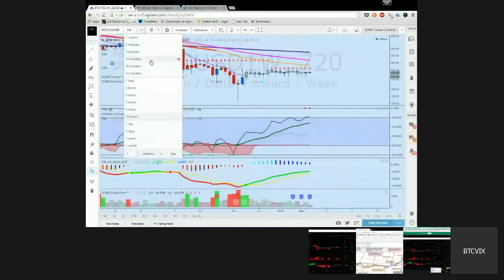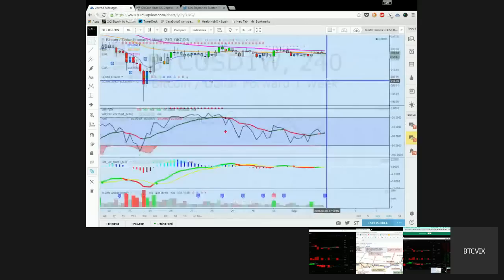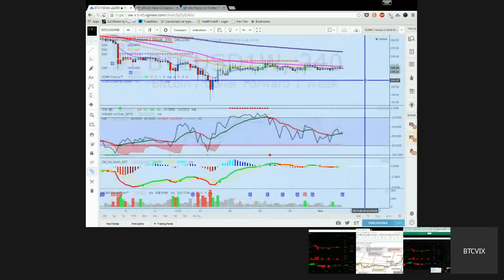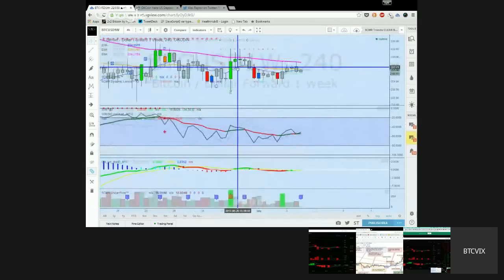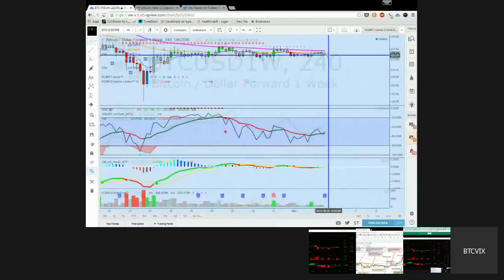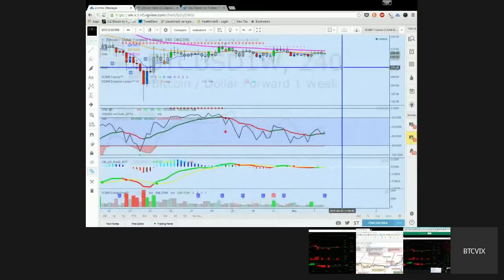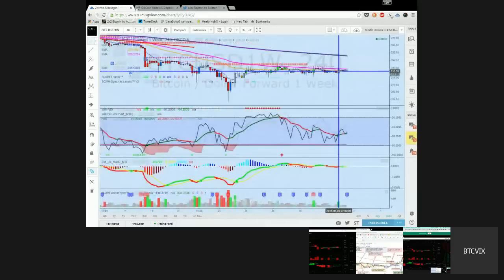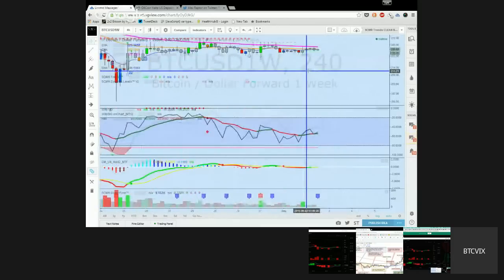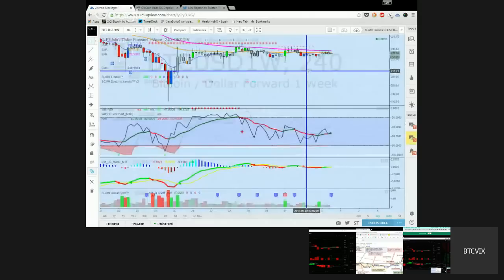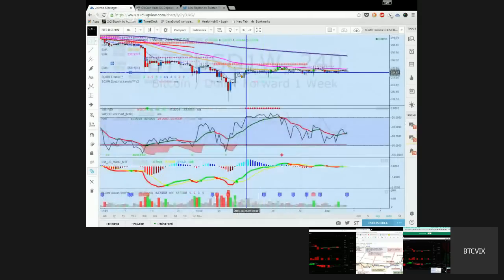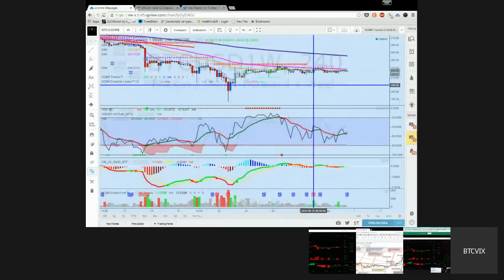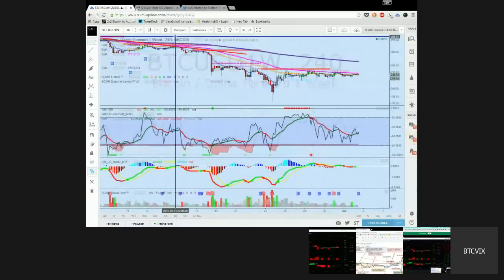Zoom in a little bit on the 4 hour. Let's take a look. Yeah, just more sideways. Maybe slightly bearish that we're going to come out of this and at least take a probe down. But really, it's just sitting on hands, not even trading Bitcoin right now. So pretty minimal report as far as the Bitcoin analysis goes.